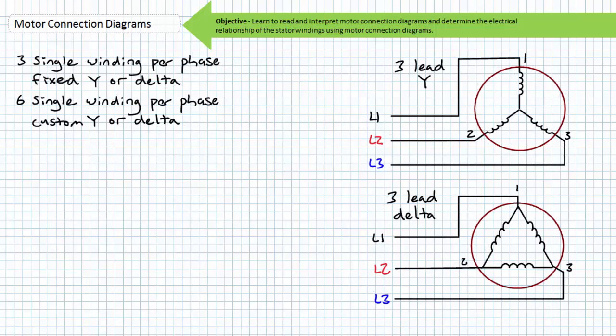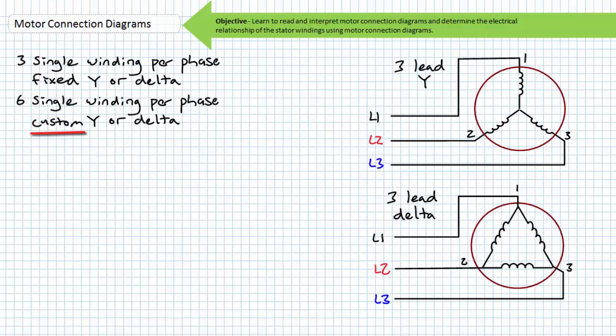Let's initiate our discussion about motor connection diagrams with a discussion of 3 and 6 lead motors. These ordinarily represent single winding per phase motors and are meant to be run on a single predetermined voltage, meaning these are ordinarily not dual voltage motors. A 3-lead motor comes pre-wired in a fixed Y or delta configuration. In contrast, a 6-lead motor allows the user to determine if the motor will be connected in either a Y